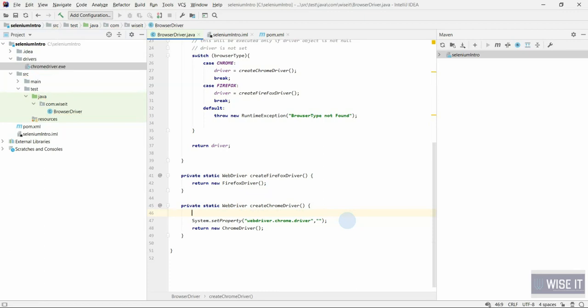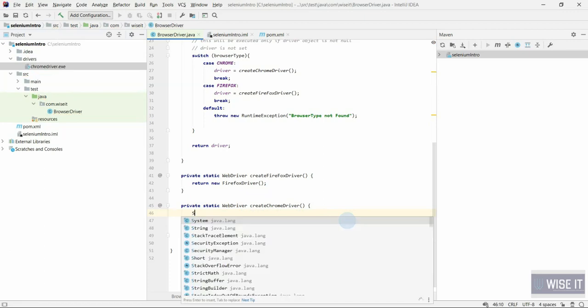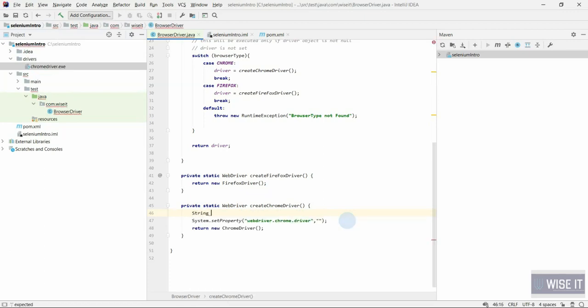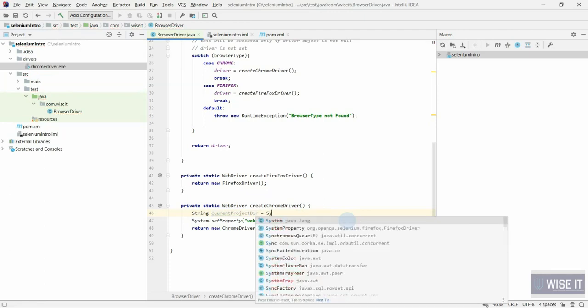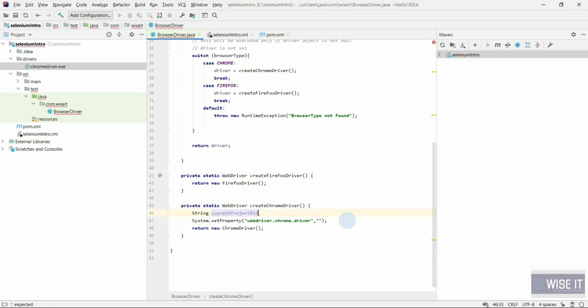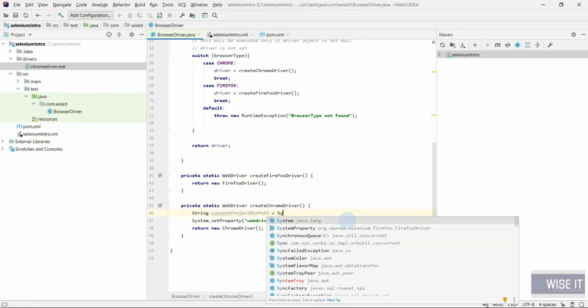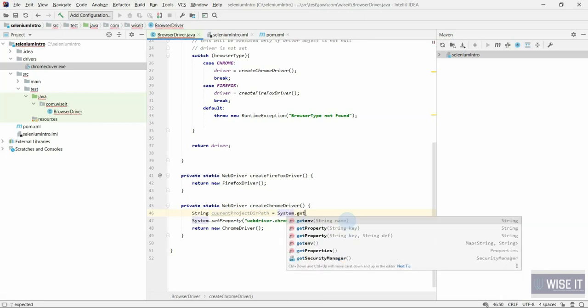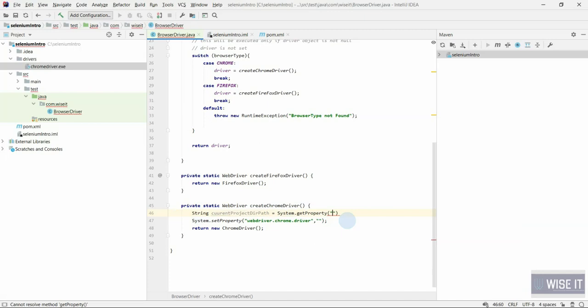You need to create a string object and you will mention current project directory path, and we can easily get this from System.getProperty user.dir. So it will give us current project directory path. So copy this